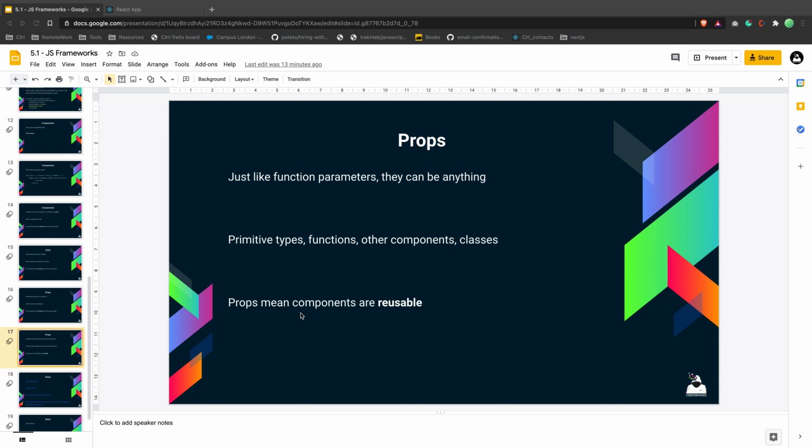You can pass your props to the component, and you can reuse this component. You need to think about the props that you pass to make them reusable, and with different data you can get different stuff. And again, I will show you how that works in a few moments.